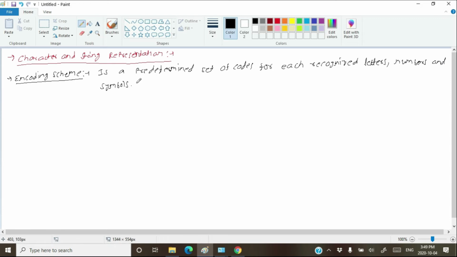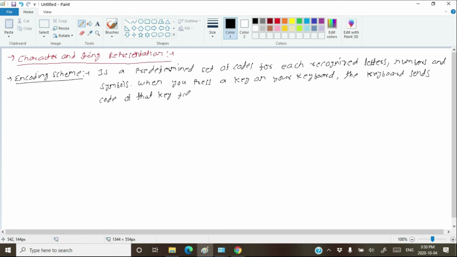So when you press a key on your keyboard, the keyboard sends the code of that key to the operating system.